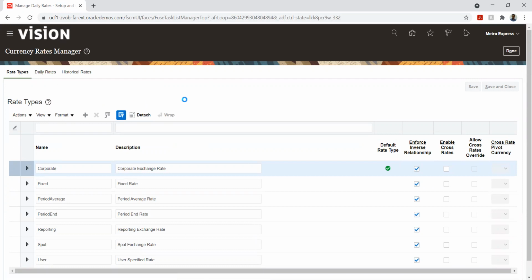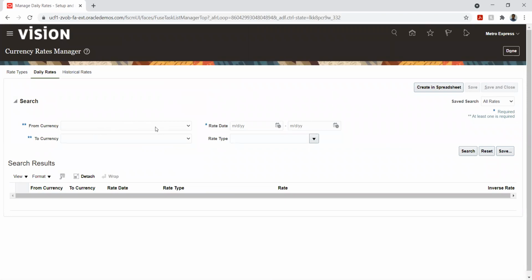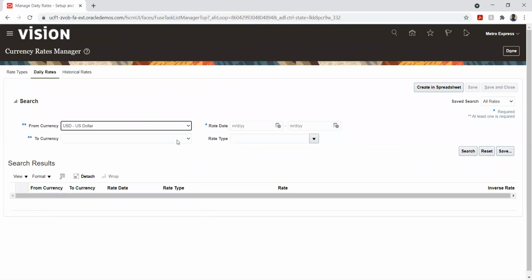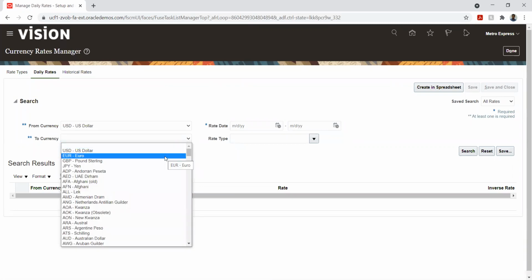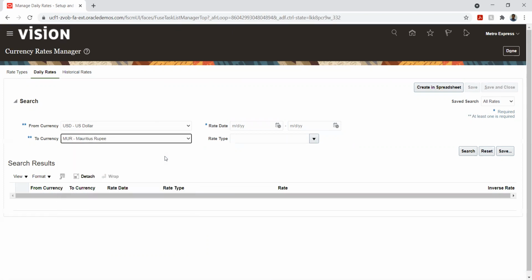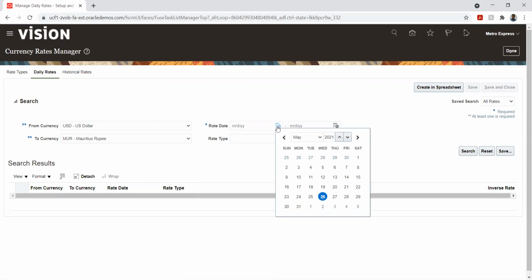So let's check whether we have balances for this particular day. Okay, let's try to do a transaction in the month of March.